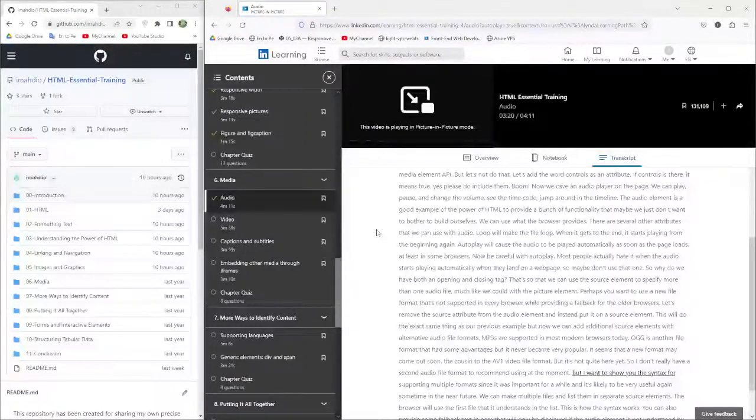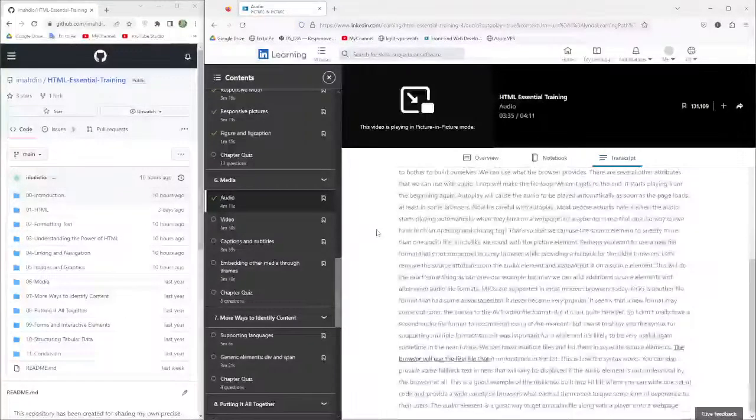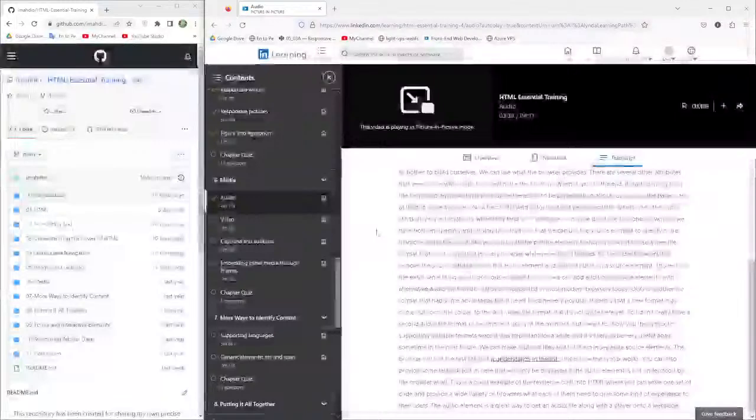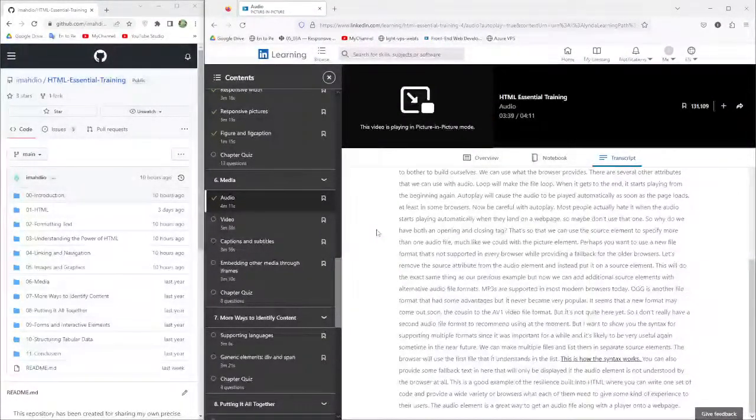But I want to show you the syntax for supporting multiple formats, since it was important for a while, and it's likely to be very useful again sometime in the near future. We can make multiple files and list them in separate source elements. The browser will use the first file that it understands in the list. This is how the syntax works. You can also provide some fallback text in here that will